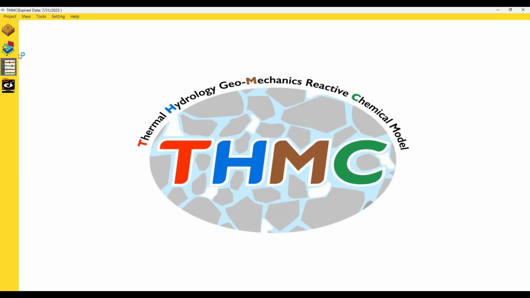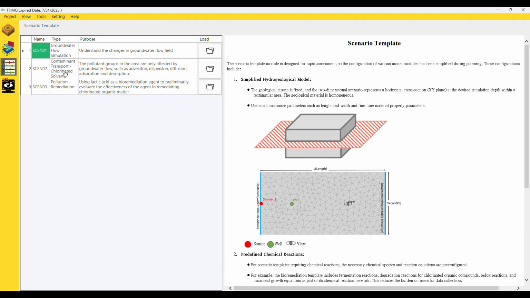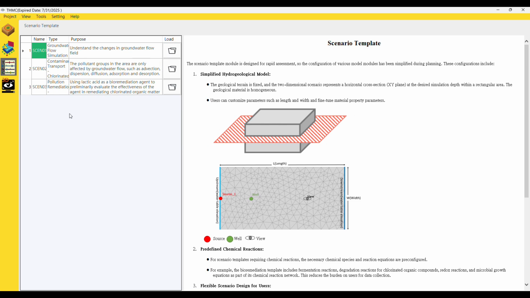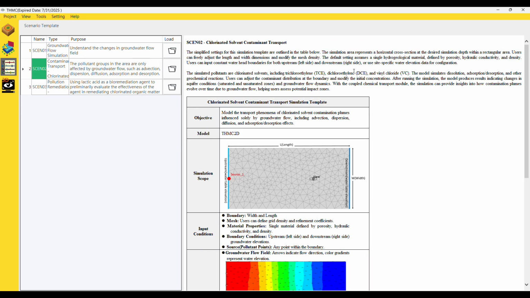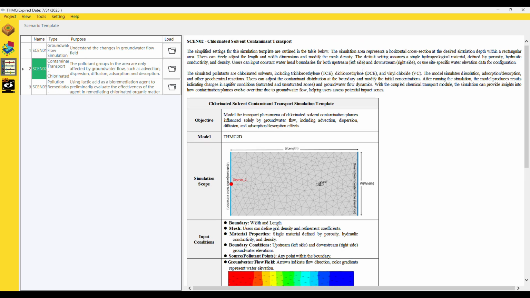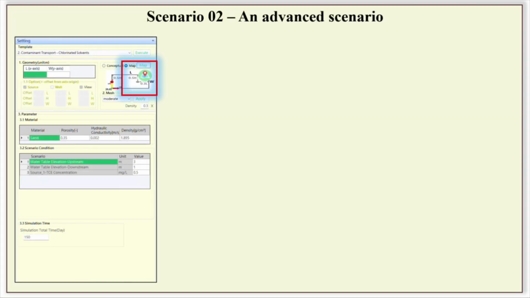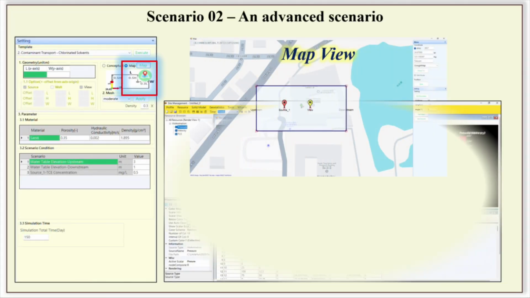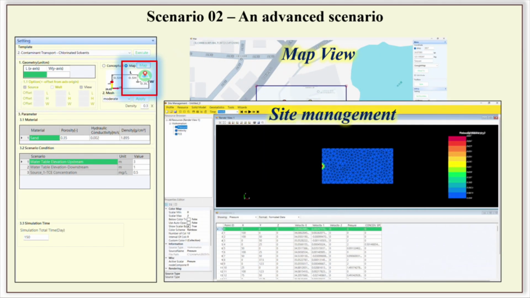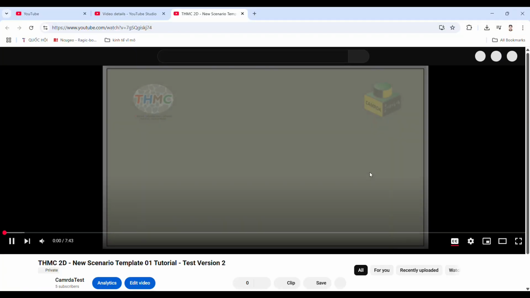Overview. This video demonstrates Scenario 2, Chlorinated Solvent Contaminant Transport. We can click the SCN02 item for detailed information about this problem. This is an advanced scenario. If you're using this function for the first time, we recommend watching the previous video Scenario 1 to get familiar